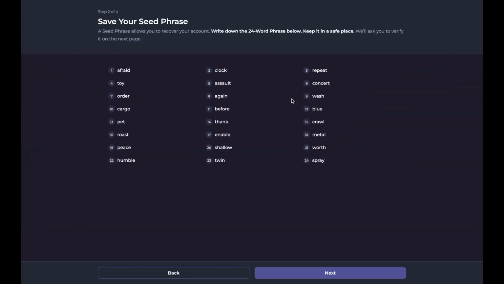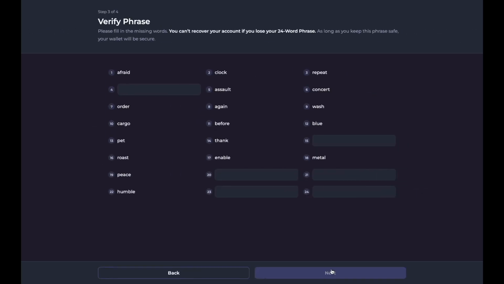So this here is the 24-word seed phrase that I need to write down. I need to write down these words and safely store them. I cannot give them to anyone. Now, the wallet is going to ask me to confirm some random words just to make sure that I copied them safely. So I'm going to do that now.